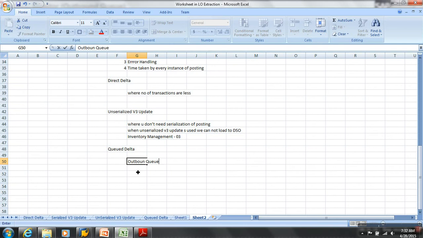So I am making serialization. My V3 job is not doing sorting. While placing the LUWs itself, I am placing them in a queue. My V3 job will not do any sorting of the LUWs. LUWs will be available in the queue, and queue is what? First in, first out. Whatever has come in first will go out first. So V3 job will just keep collecting and trigger the load. Whatever LUW came in first will go out first. So am I maintaining serialization here? Yes sir, we are maintaining serialization. Whatever is coming first is going out first, that's it. Yeah.